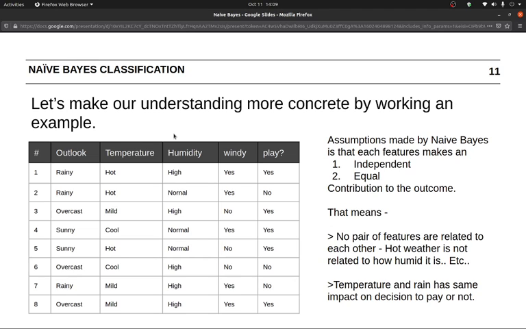The second important assumption made by naive Bayes is the input of all the features is equal. What I mean when I say input is all the features make equal contribution or have equal predictive power when we are trying to predict the class variable. Now with those two assumptions, let's dive and see how to calculate naive Bayes by hand, and then we will move on to see a notebook and how we can implement it using Python code.